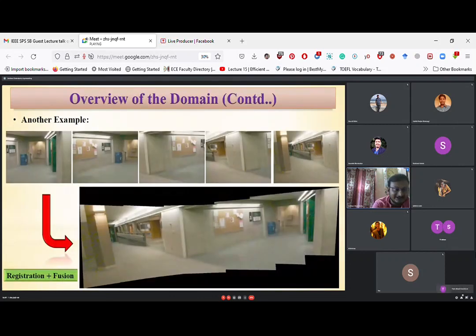Here is another example where you can easily perceive this. In the top row, there are 5 images, and none of the images gives you the actual information. Here you can see 2 dustbins and 1 corridor. Here the corridor is taken from a different angle. Here another corridor is taken, here another figure, and here also another figure. All the images give you information, but it is segregated.